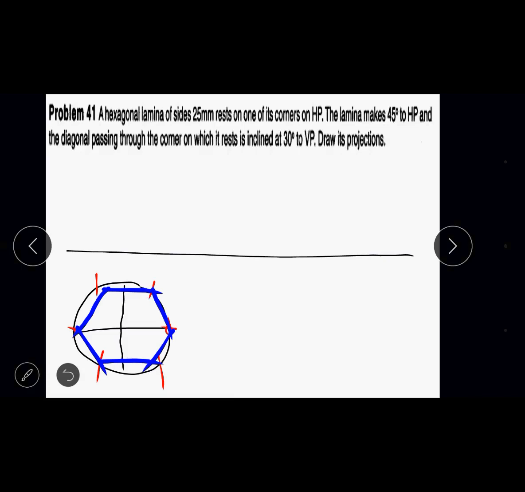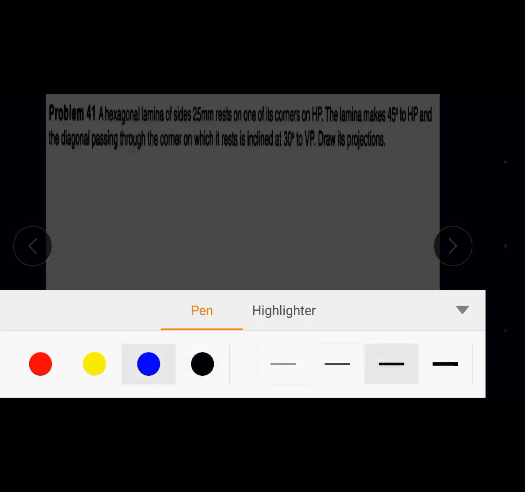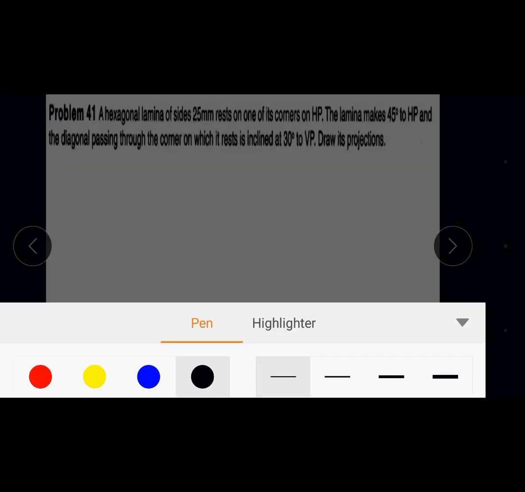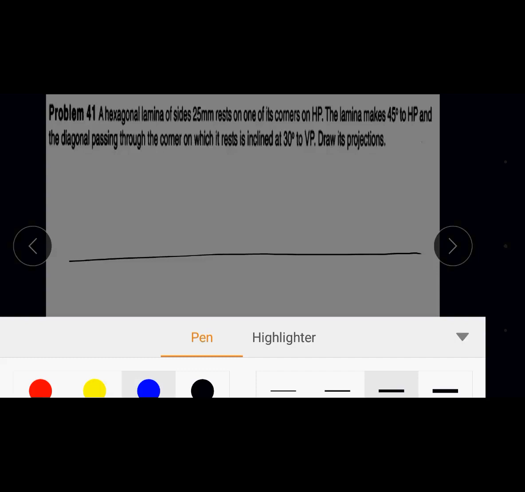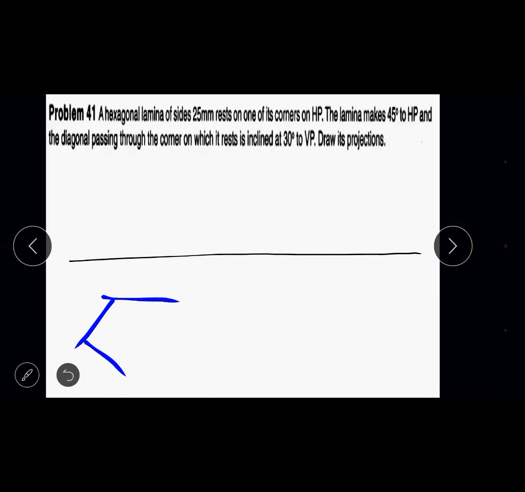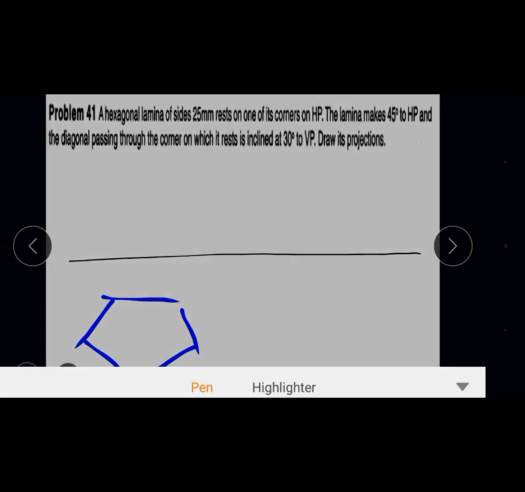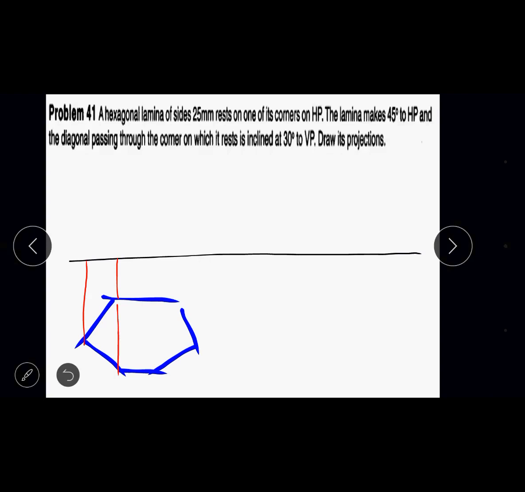So this is a hexagon, which I have already taught you in the beginning classes, and we have already come across it in the type 1 problem. So I'll go ahead with the description. XY line and then a normal hexagon. Your top view of the hexagon will be a regular shape lamina with corner resting, and then you draw the projection line. When you draw the projection line as usual, you'll get a horizontal line. The top view of the first step is a horizontal line.